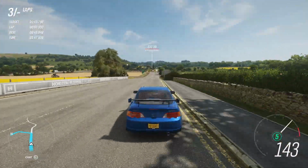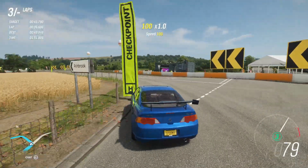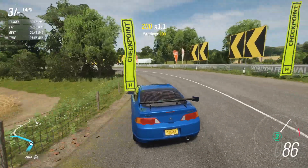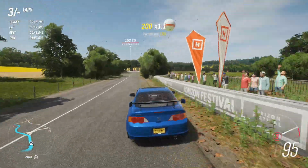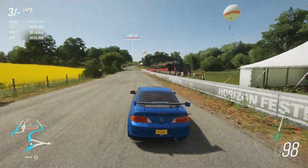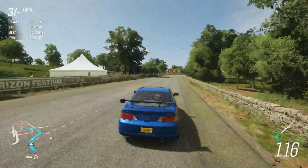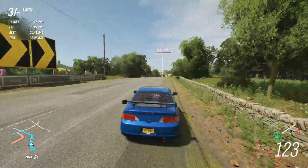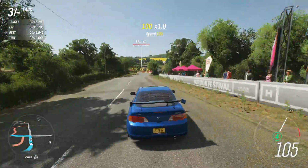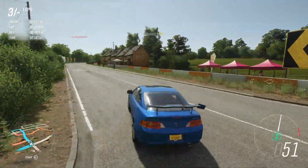The theme with this car just continues here. And these tires are ridiculous on this car. I don't know why or what happened, but this car doesn't drive like a front-wheel drive car anymore. It actually has some oversteer to it now. It almost feels like an all-wheel drive car, but it just goes around here so fast and it drives so well. It managed to pull off a